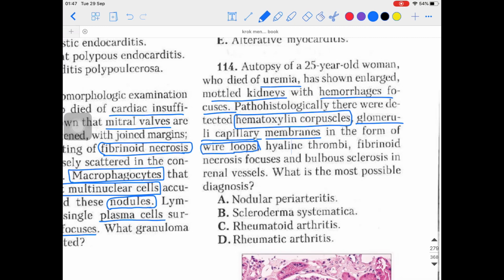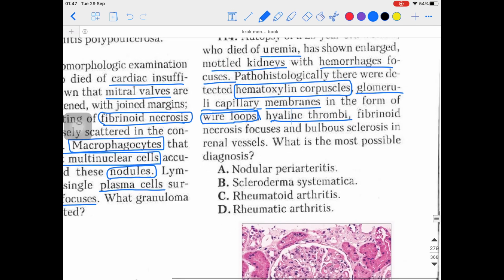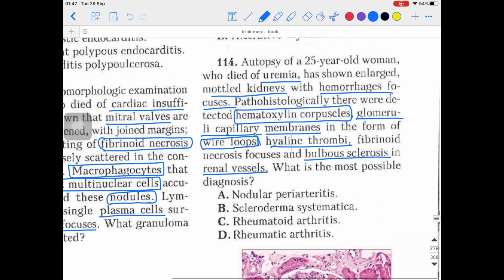Okay, hyaline thrombi, fibrinoid necrosis, bulbous sclerosis in the renal vessels. So a lot of hints are given over here to diagnose this particular kind of situation. First of all, let me tell you what uremia is. Uremia is a sign of kidney failure, which means the products which should be excreted by the kidneys, for example creatinine, for example nitrogen, an azotemia kind of situation,